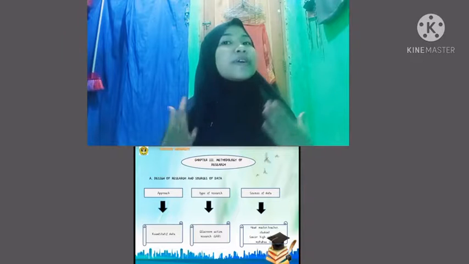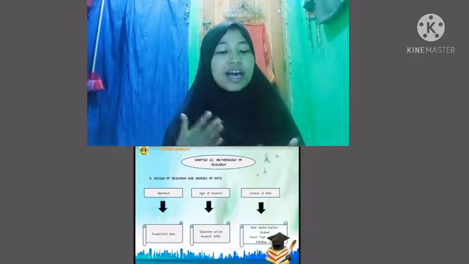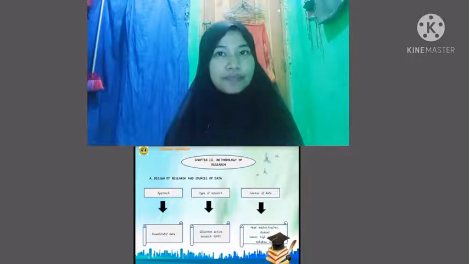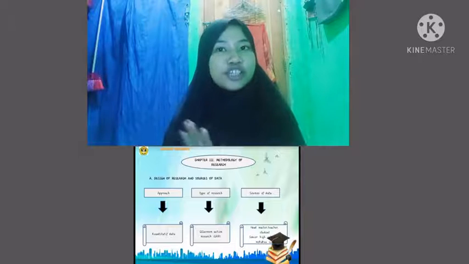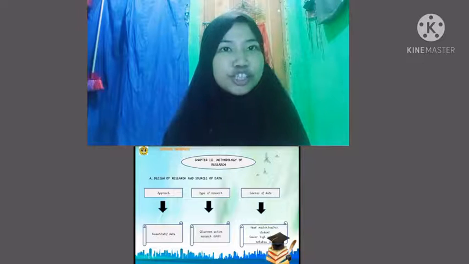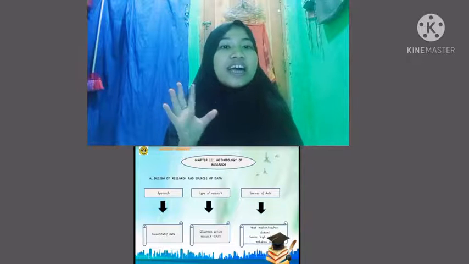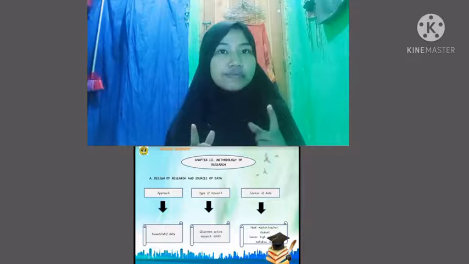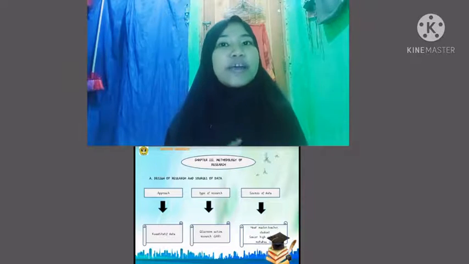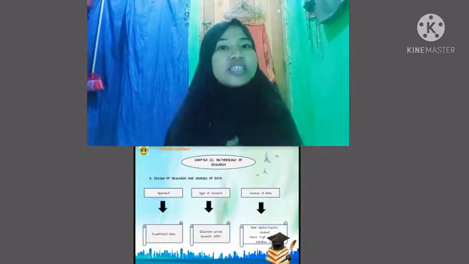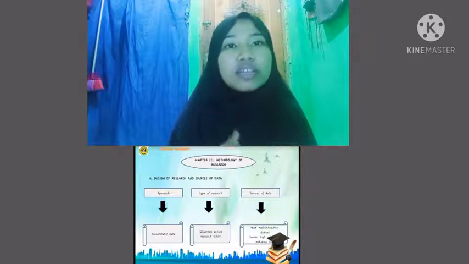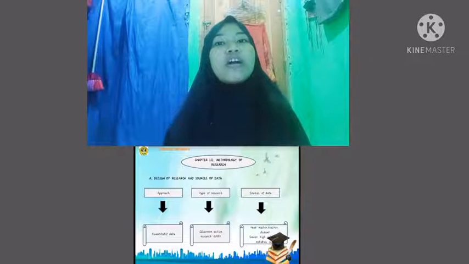Methodology of research. The design of research and source of the data. The design of research. This research uses classroom action research, or CAR. The researcher uses a collaborative action research in which the researcher and one of the older English teachers conduct this